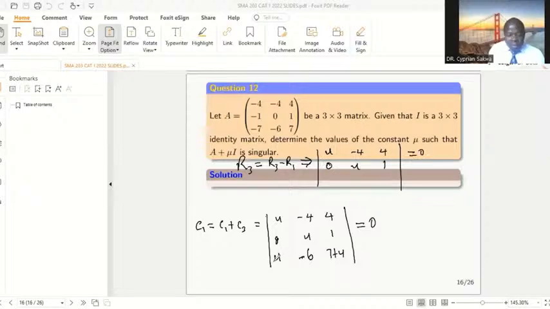But what about this row 3? I'm subtracting row 1 from row 3, so this becomes 0. This minus that becomes negative 2, because it's negative 6 minus 4. And this will be 3 plus mu. Let me create some space. I'm now